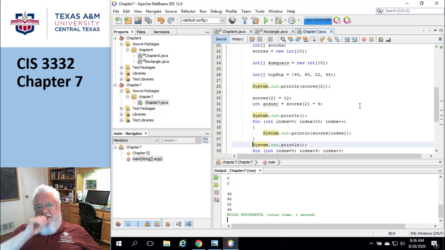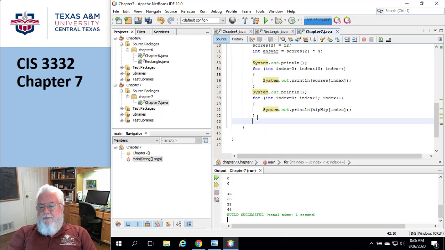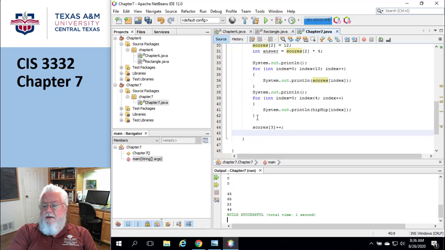Now, the only thing that's kind of weird is when you talk about doing math. Let me give you an example of what I mean. This is not actually very complicated. It's just something you need to see at least once. So what if I said scores sub 3 this time, and then plus plus? That's going to take the value of the fourth position, remember, and increment it by 1. But that is not at all the same as